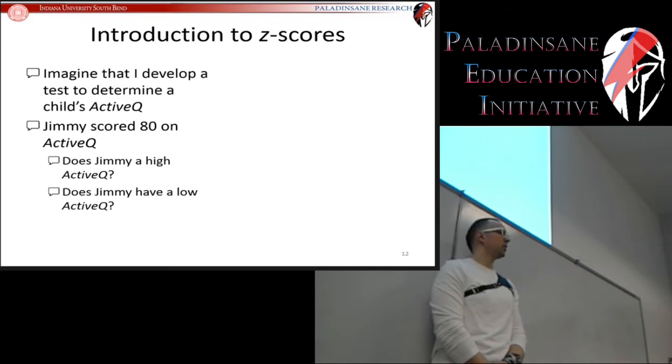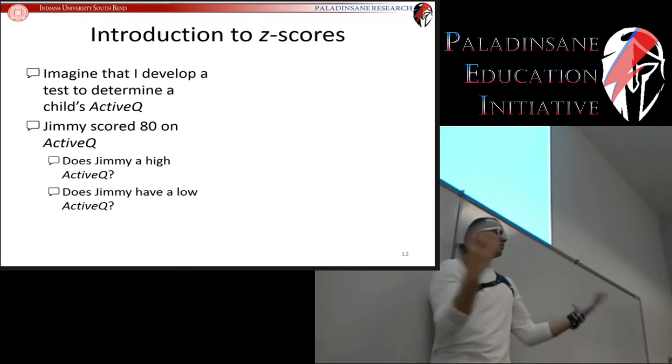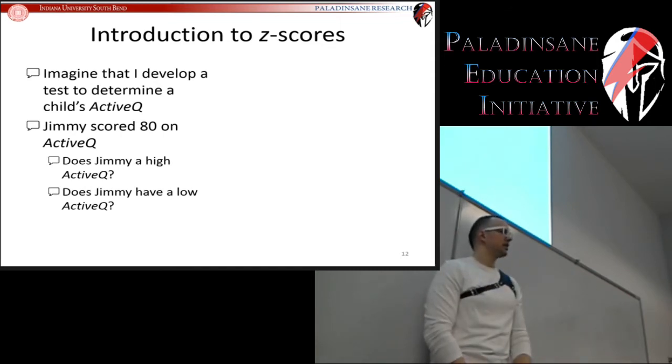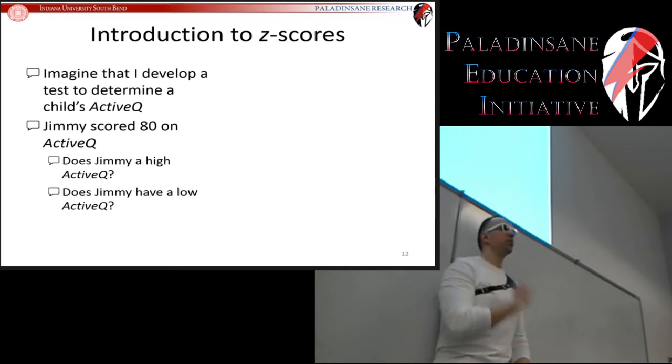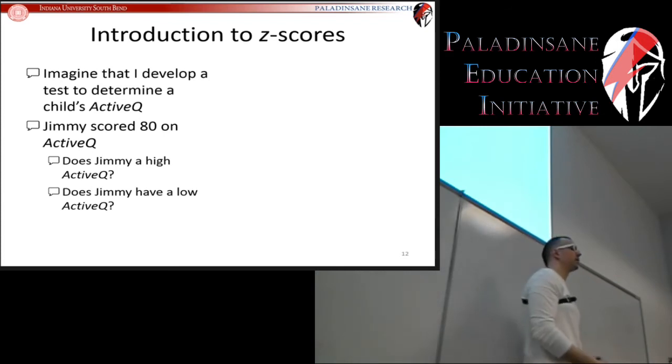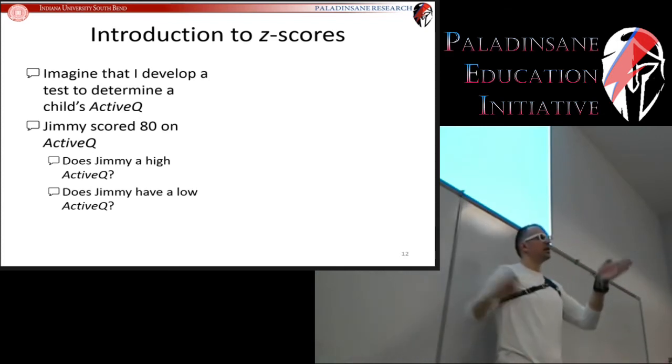where you would then question the parent and say, why do you think your child is active? Your child is very inactive. The point here is that we have no idea what 80 means. In this context, the number is meaningless. It could be a high active Q, it could be a low active Q. It's completely meaningless until we can put it into context, until we can figure out where Jimmy is compared to